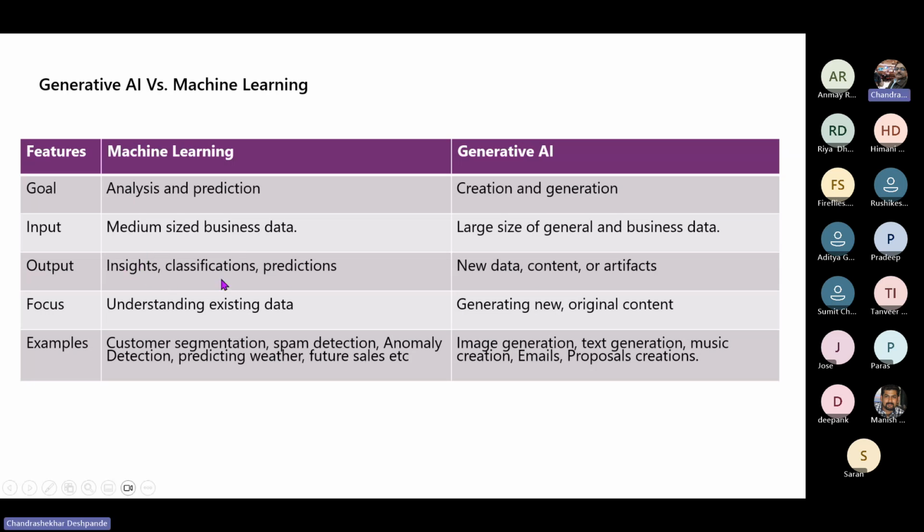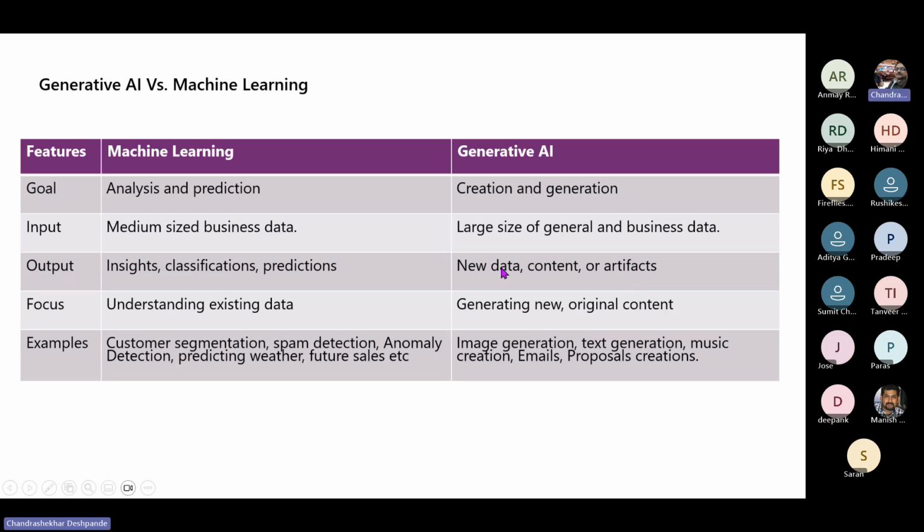Insight and classification are all outputs of machine learning. It can give you insight into the data, it can classify the data, it can do the predictions for you. On the other hand, generative AI basically is for creating different artifacts,